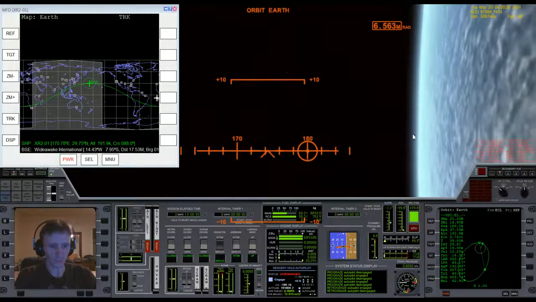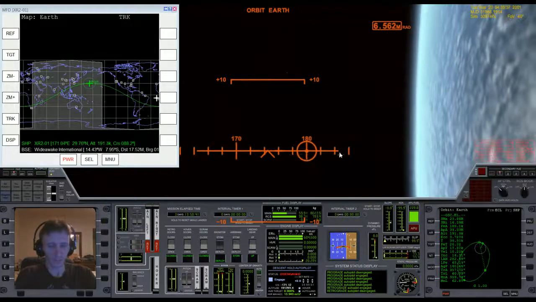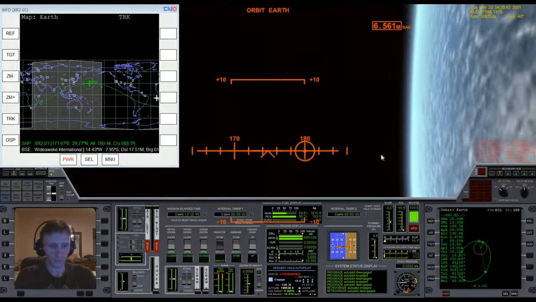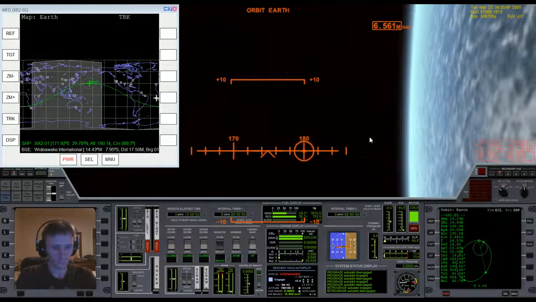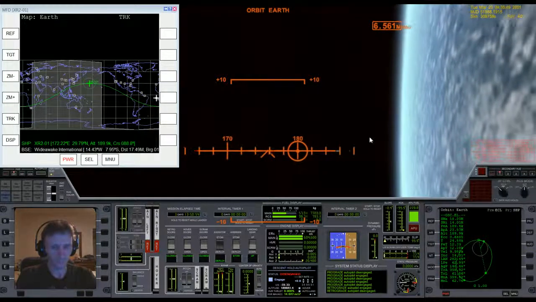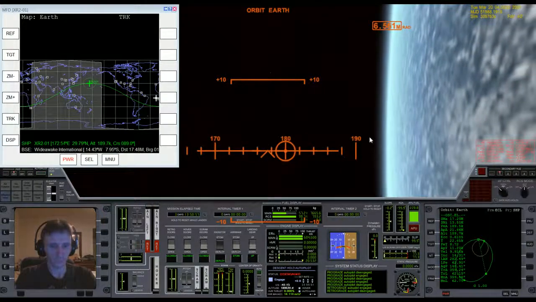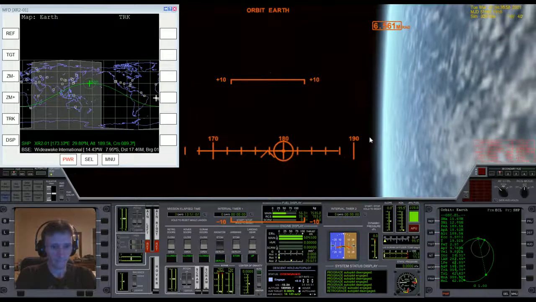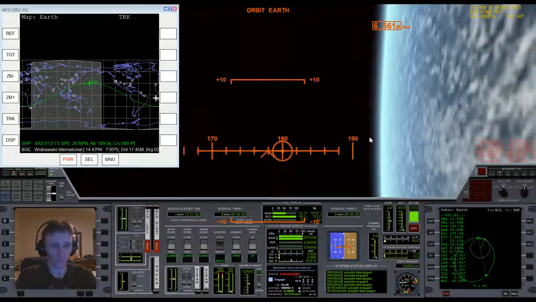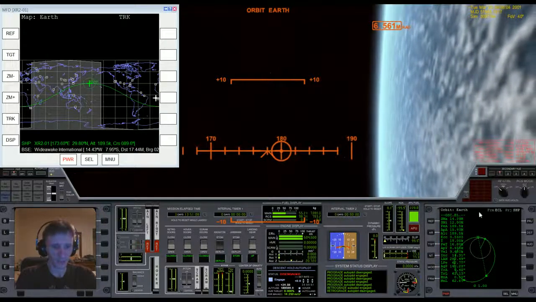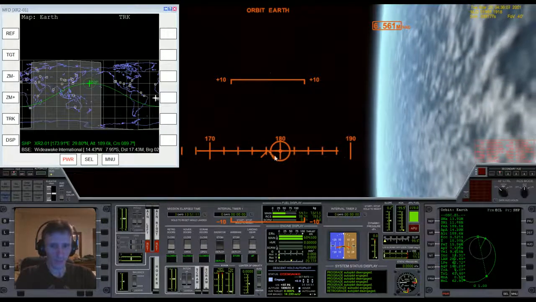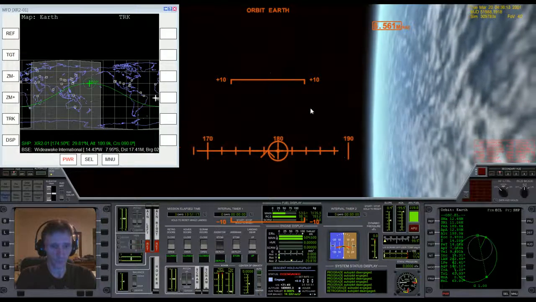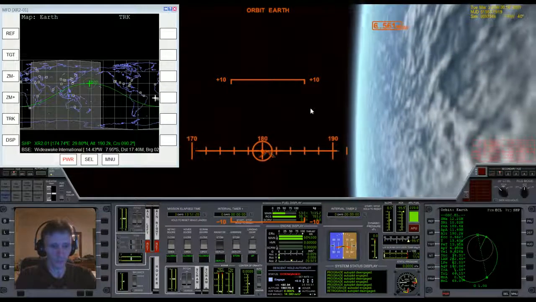As I'm doing this burn, if I control my inward and outward, I can control how much my periapsis is at. So right now it's holding at 189.5. But as I actually pass the point of the periapsis, I'll need to start rotating inward slightly. See, now the periapsis is going down a little bit. So if I rotate in just a little bit